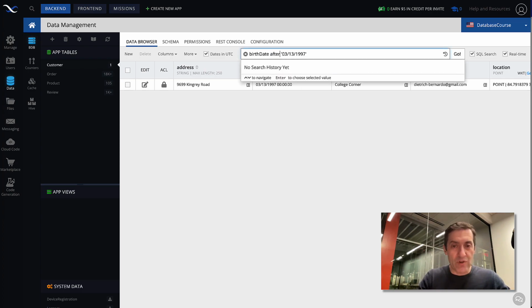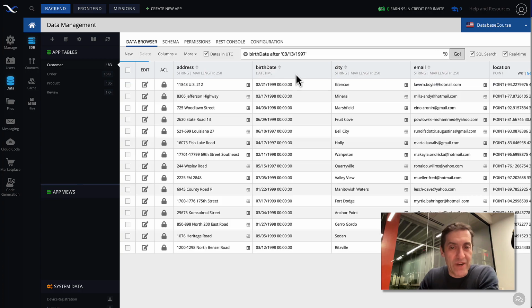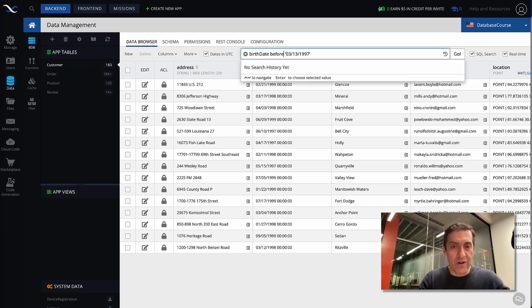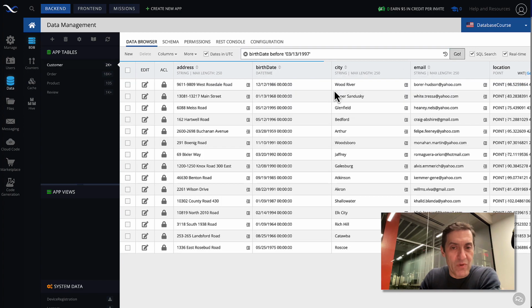As far as after, if you click go, it's going to find all the records where the value of this column is after the specific date. Or if you do before, then it's going to be anything that is before.